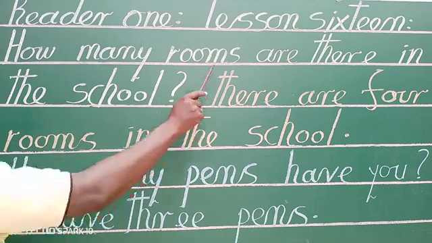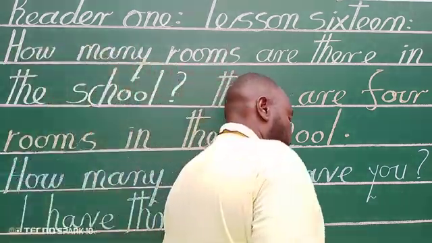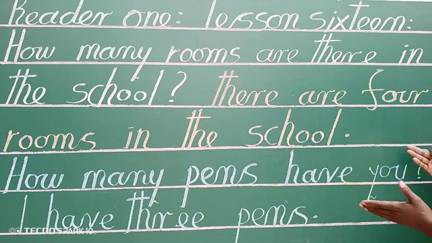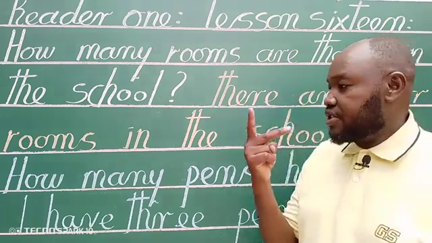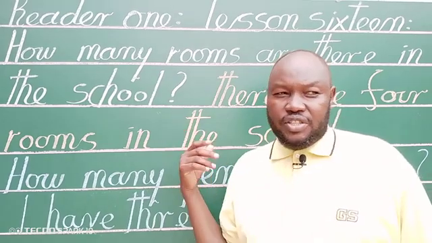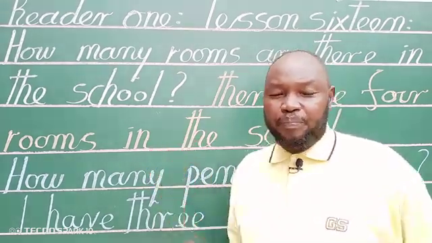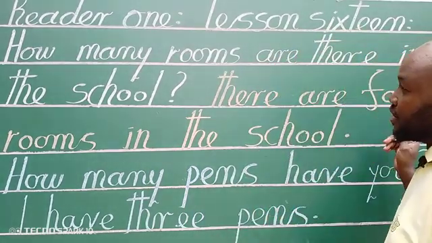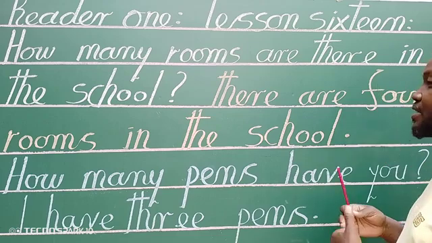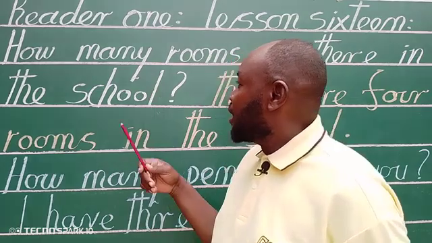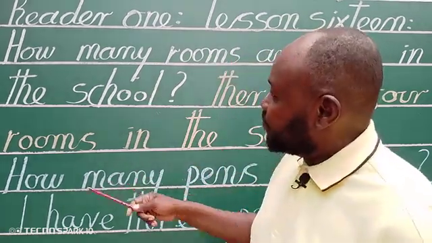Reader 1, lesson 16. This is what we have, lesson 16 today. In this lesson, according to this green board, we try to make just two questions. The other questions you have to answer in your book, okay? The first question, we're asking this so as to know the numbers of the thing that we try to know about.